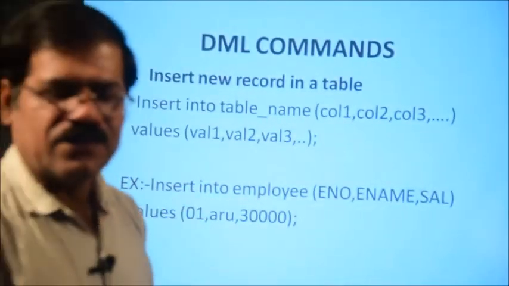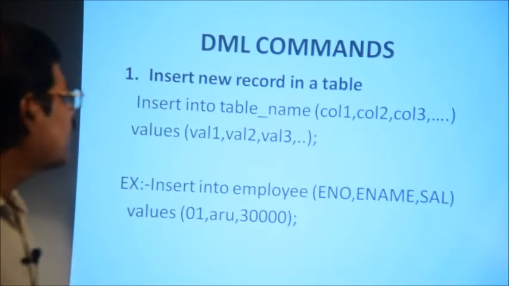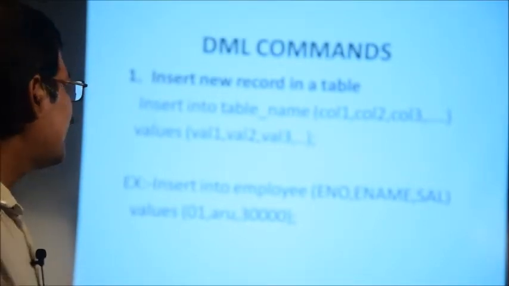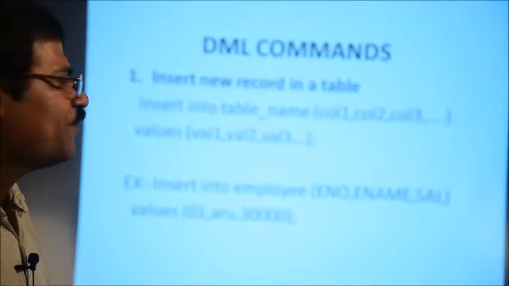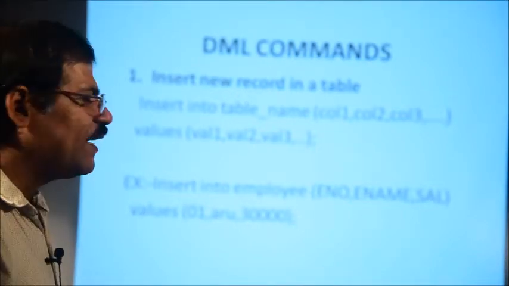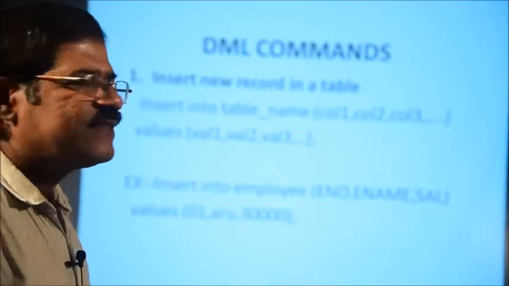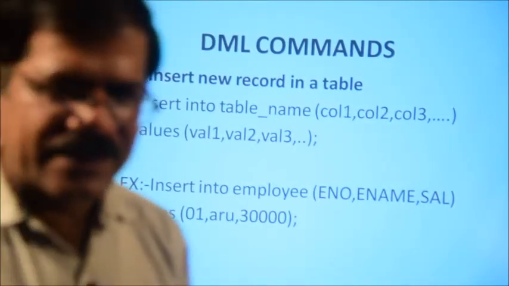Okay. Likewise, you can insert multiple records. So, this is the command to insert the records: insert into table name, then column 1, column 2 dot dot, values. What values you can insert, according to their data type. Employee number is a number type, that is why it is 01. Name is a character type, you write Aru, Ram, Sam, whatever it may be according to the size. Salary is a number type, you write 30,000, 20,000, 40,000, 50,000, 10,000 like that. So, in this way you can insert the records into a table.